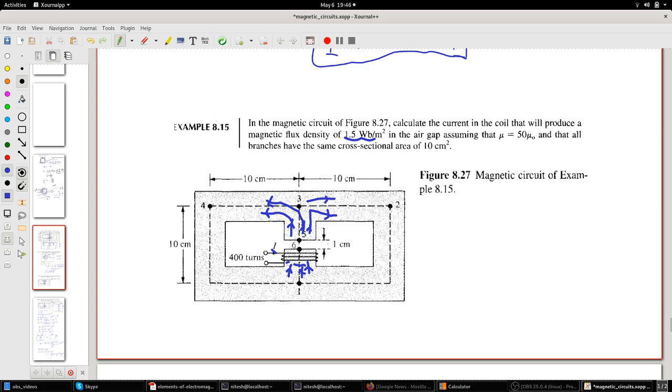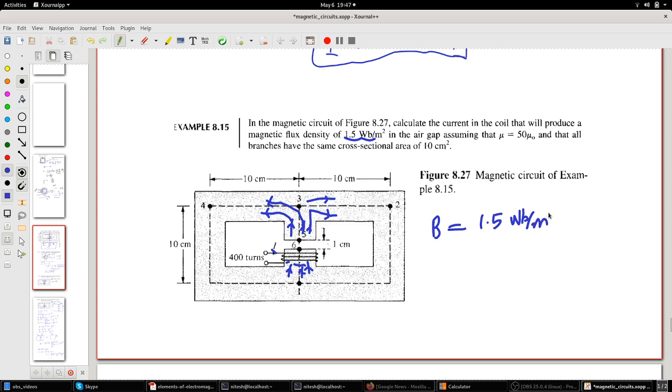Now this magnetic field is going to generate flux, because the core has a cross sectional area, and the integral of flux density into area gives the flux. One thing to note is we are told to find the current I through the coil such that it generates a flux density of 1.5 Weber per meter square. So you want a desired B of 1.5 Weber per meter square.